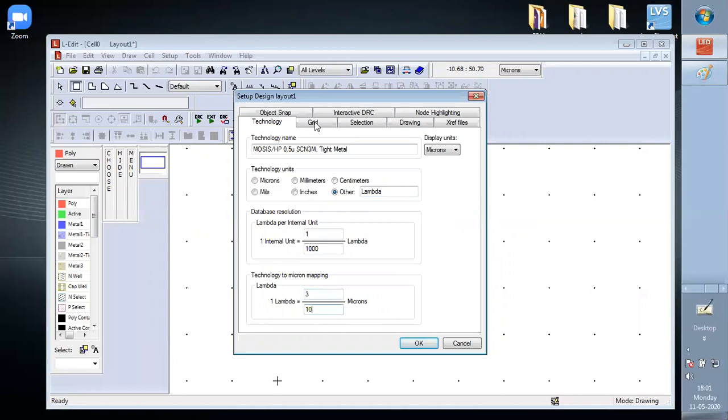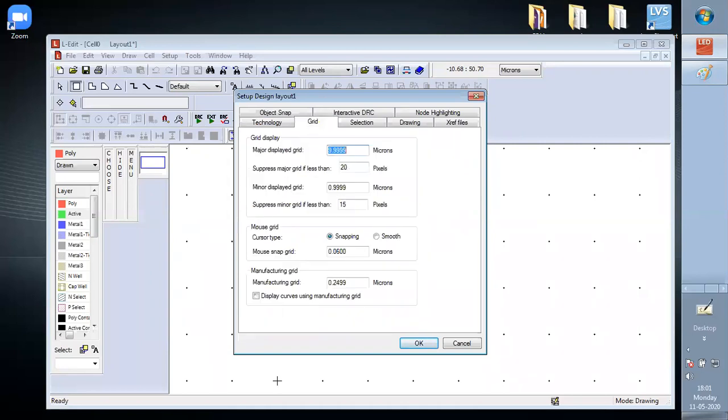And then the grid will be 10.000, this is 15, this is 1.000, this is 8. Snapping, and then 0.500 and 0.500. Display curves using manufacturing grid.